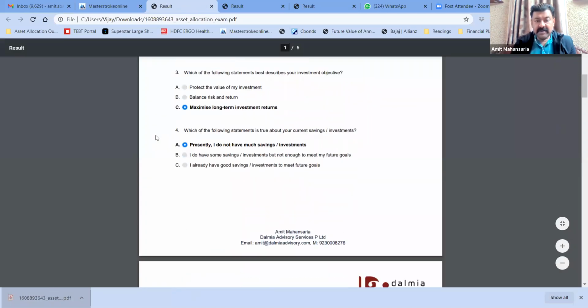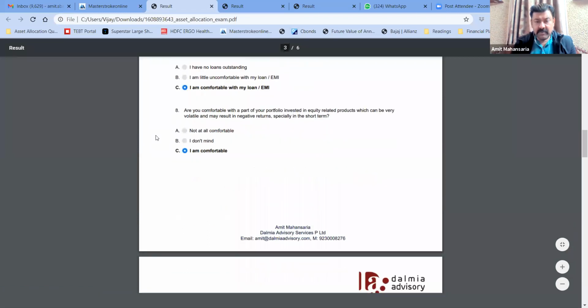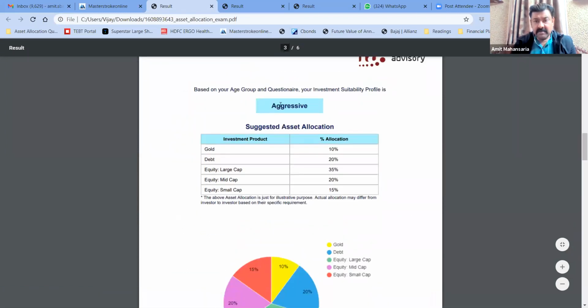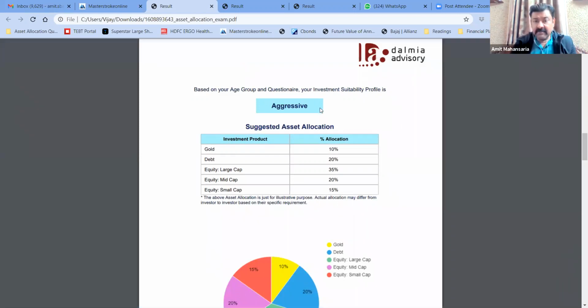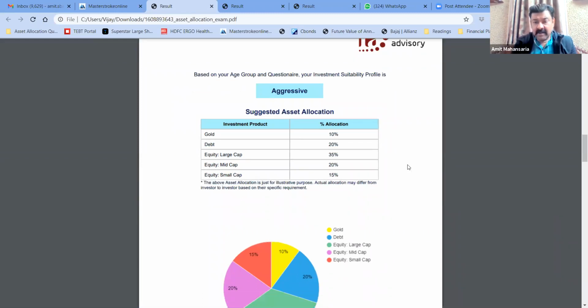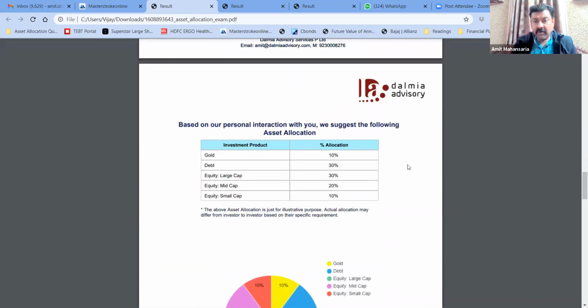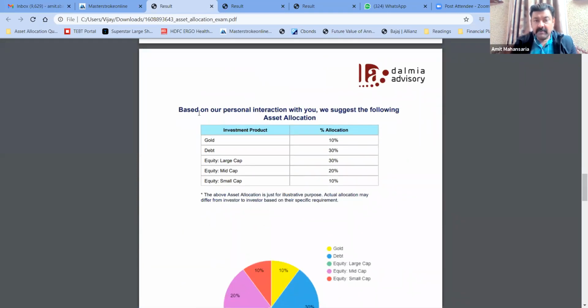And the first 2 pages will be the questionnaire and the response. The second page is that his suitability profile is aggressive, and this is the suggested asset allocation. This suggested asset allocation will come which is as per the simulator. So this was the asset allocation suggested by the simulator, and on the next page you will get the modified asset allocation. So based on our personal interaction with you, we suggest the following asset allocation. So here we will get the modified asset allocation,